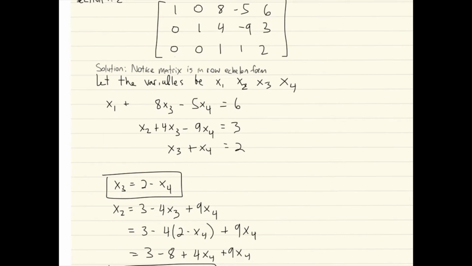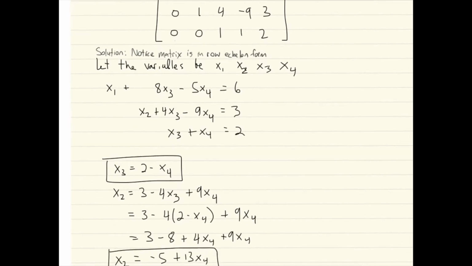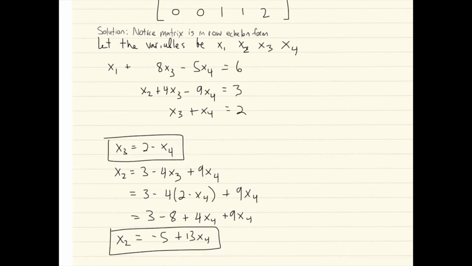What's going to turn out is x4 is going to be a free variable, and so doing the arithmetic here, I can also see that I can express x2 as some combination of numbers and x4. So I've got x3 in terms of x4, x2 also in terms of x4, and the same thing is going